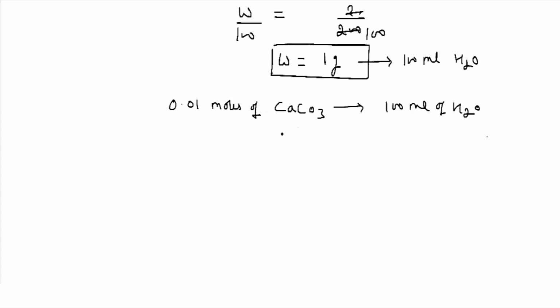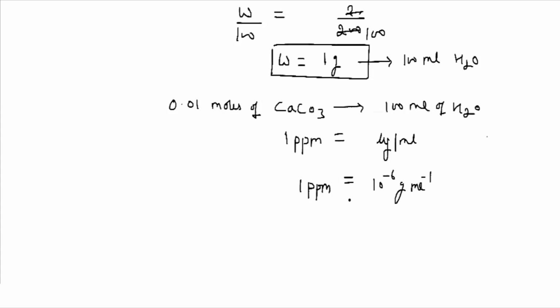We know that 1 ppm, let's convert into ppm. 1 ppm is equal to 10 to the power minus 6 gram per ml, that is, microgram per ml, not liter. So this is equal to 1 ppm, right? Now if I want to convert 1 gram of calcium carbonate into ppm,